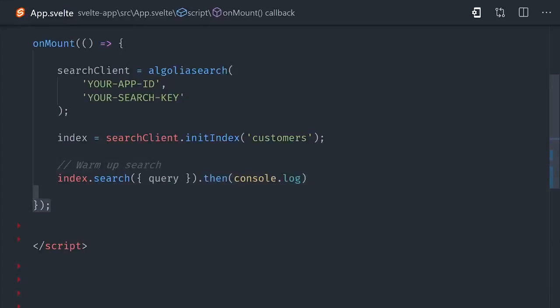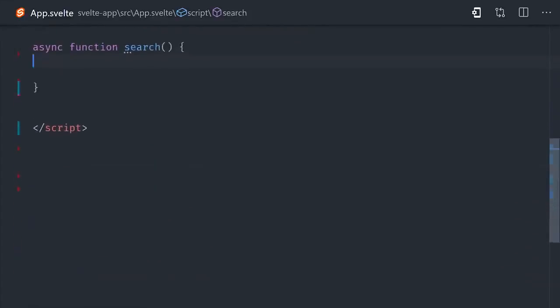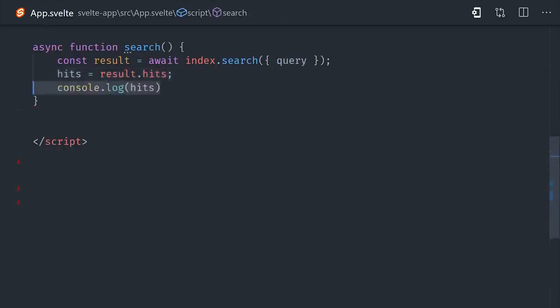Now, we want to run a query every time the user types into a form, so we'll go ahead and handle that with a function called search. It will await the results of a query, and then that result object has a hits property, which contains all of the objects from the Algolia index for that search query. So every time the hits property is updated, that will cause Svelte to react and update the state of the